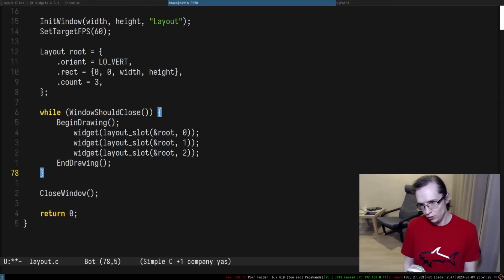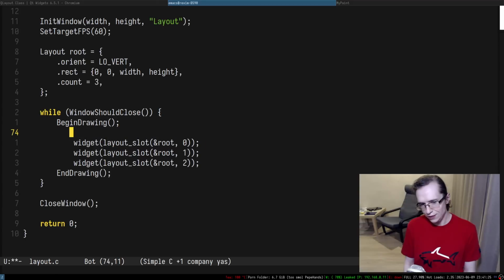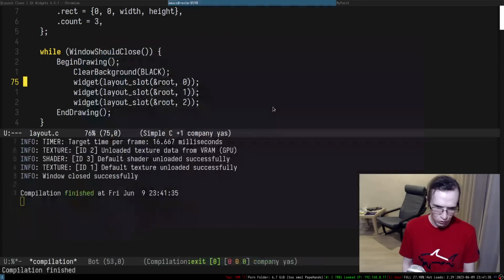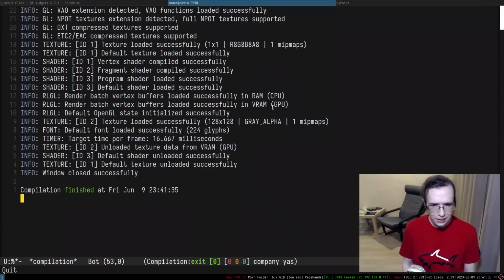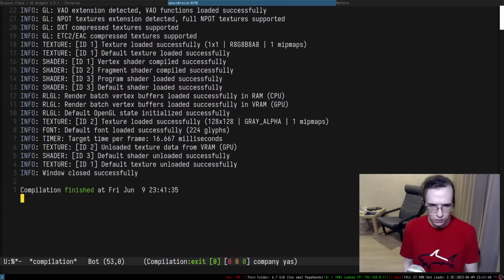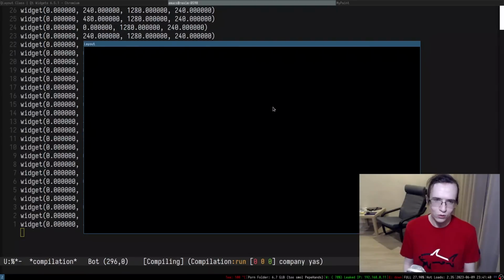So do we need to do anything else? I think we also can clear the background. So I'm gonna clear it with black, and that's basically everything. So I wonder if it's going to work. It kind of worked. And I think to maintain the event loop, I have to put not in here. Should not close. And there you go. This is what we have.